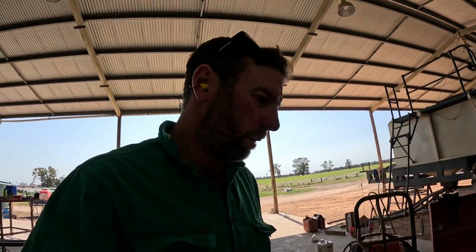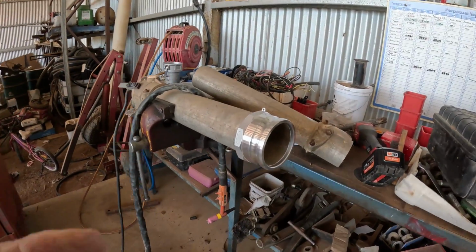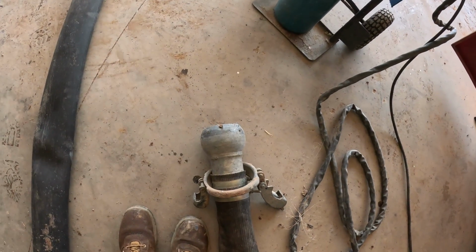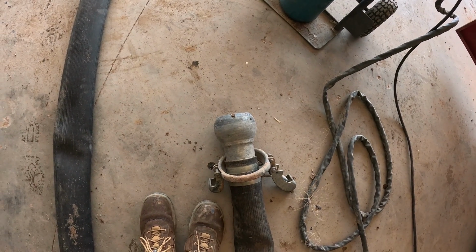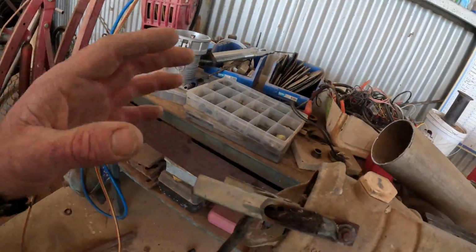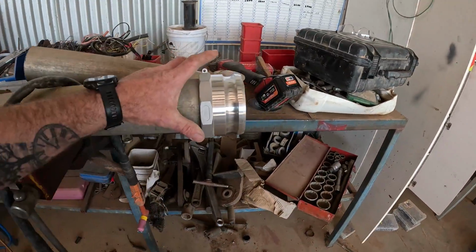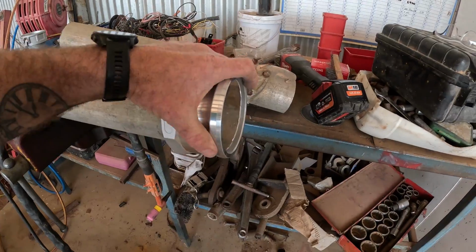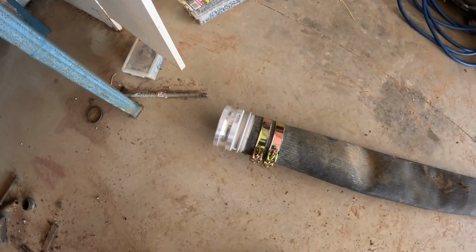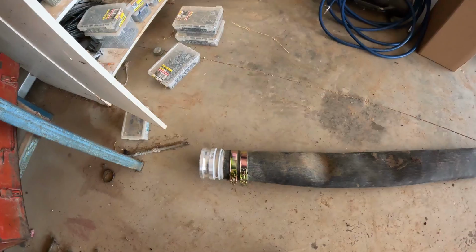Back at the workshop, so what I'm doing is I've got a bit of the aluminium pipes. What we need to do is get from that fitting, which is on the pump and on the irrigator, to essentially these fittings for the pipes. It's a pretty cheap and nasty way of doing it, but it's going to work out all right. I've just got some 4-inch cam lock fittings. I've got one there with a hose tail, so I've just stuck him in the end of the lay flat, so that'll go on to the